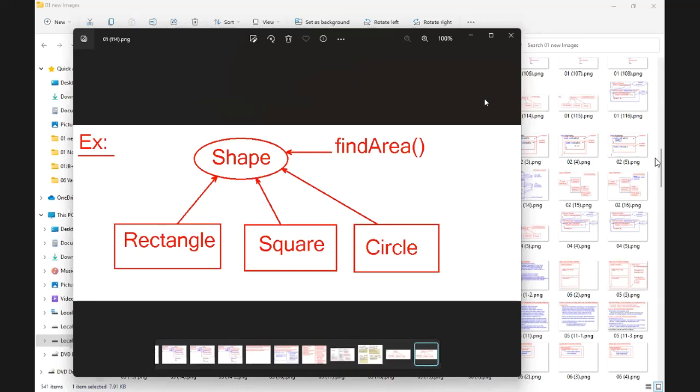When I don't know what logic to write, tell me, find area method, what logic to write? You don't know? I know 3 logics. What are the 3 logics? For rectangle,